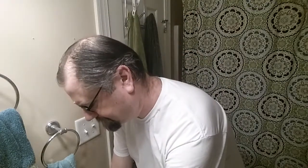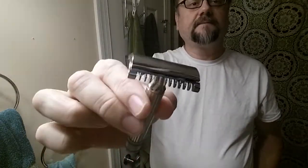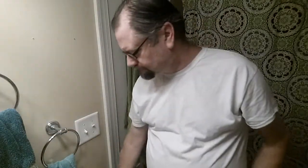bulb knot. Had him soaking for a little while. Get him back in there. And then we're using a Fatip open combed Grande. And it is really,